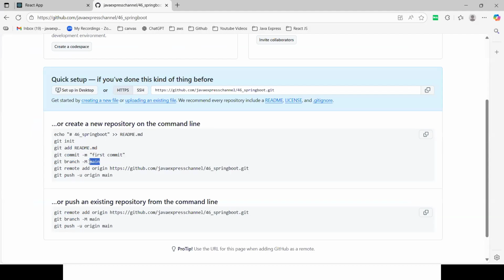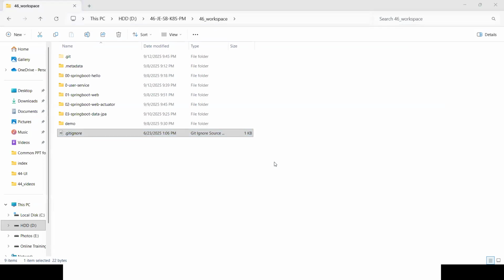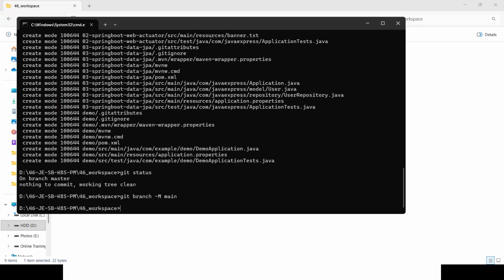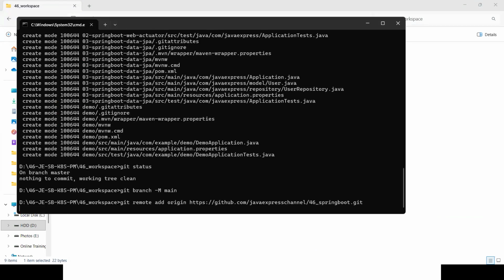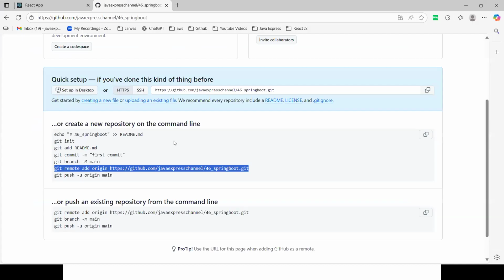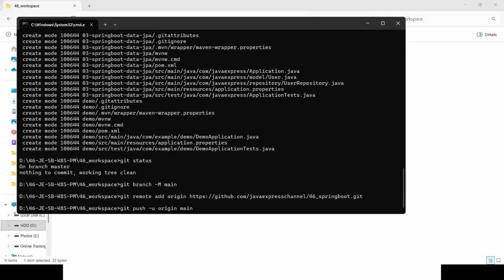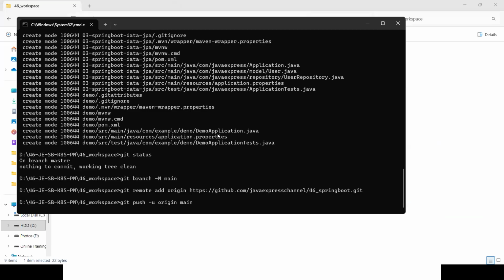Then what is the next step? I need to create a branch. We'll create one branch, the main branch, and then I will do this activity and I will push. So on a daily basis, you will be able to pull this source code.